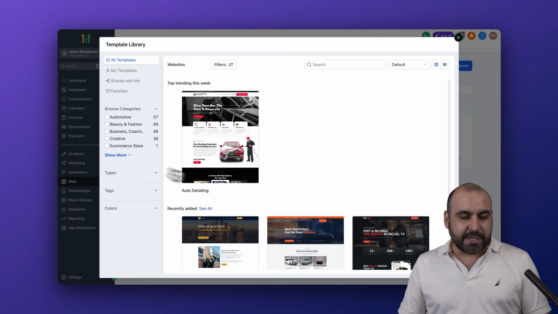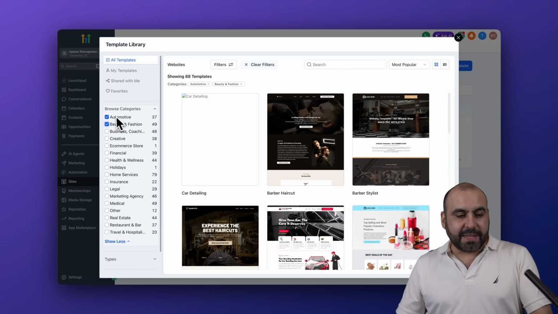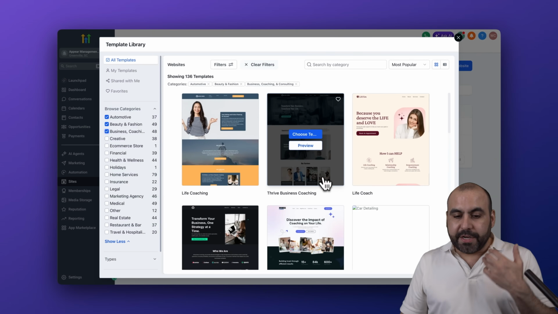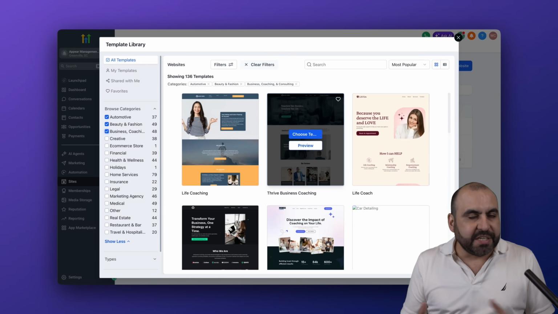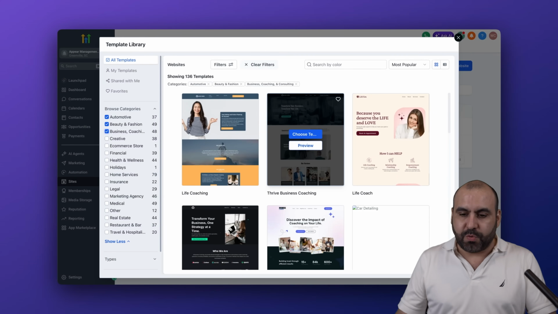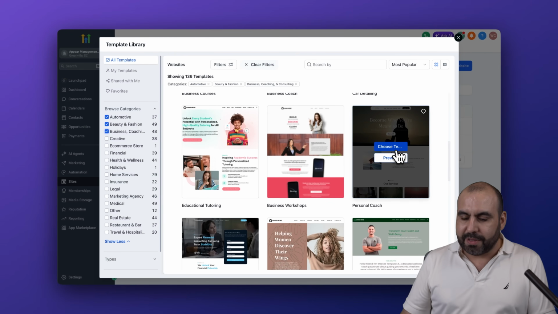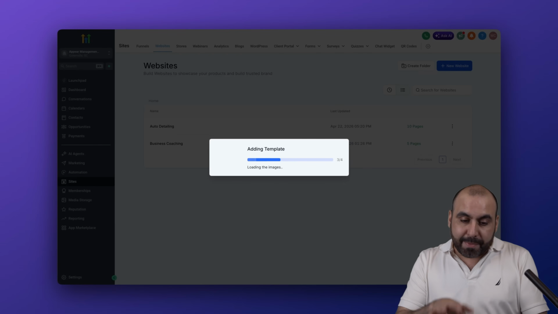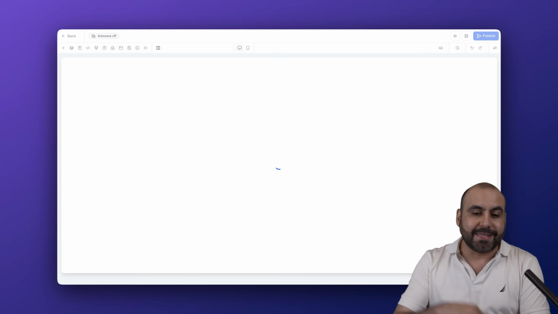Once you click on Templates, you'll find several available categories that you can choose from. Go ahead and select the categories that you're interested in. And if the category is not available, not to worry, just select one of the templates that looks and feels the way you want it, and you'll be able to change every aspect of that template. In this case, I am going to use this one. So let's go ahead and choose this template. And yes, you can preview the template before actually implementing it, but in this case, I know I want this one. So now it's implemented this template into my HighLevel account, and I'll be able to customize every single